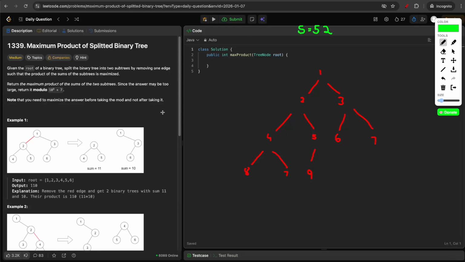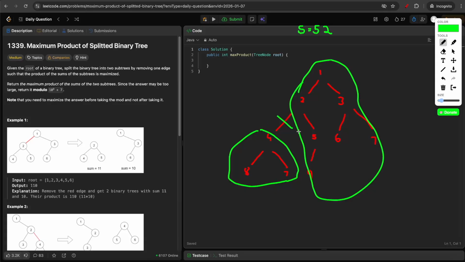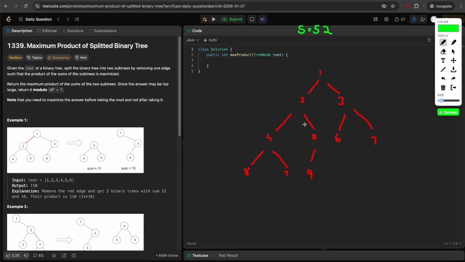So to solve this problem, we'll try to find the answer for all possible cases. That means we'll try to remove all the edges. Suppose if you remove this edge, this is one subtree and the rest of the tree is the other subtree, and we'll try to find the answer for this. The same thing we'll do for all possible edges, and we'll try to find the maximum answer among all of them. So to do it efficiently,